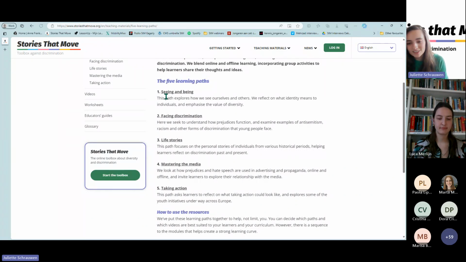And then the last one, taking action, focuses on young people that share stories with you, how they take action. They give small examples, but also sometimes bigger ones, but it's also a way to inspire your kids in your classrooms and whatever you work with. How can we do something ourselves, and that it doesn't need to be that big? You can do something really small that has an impact. So that's kind of the base of the whole tool, how it works.